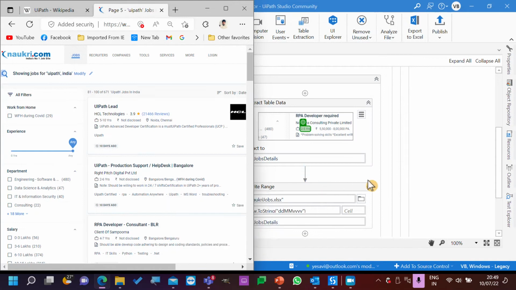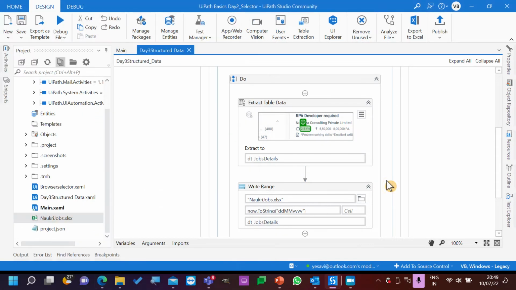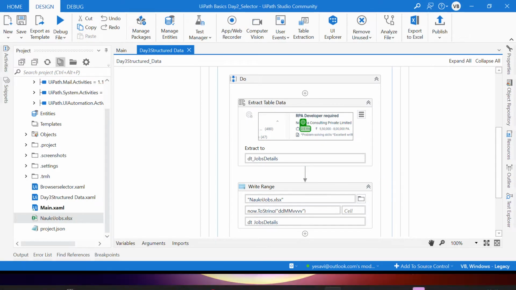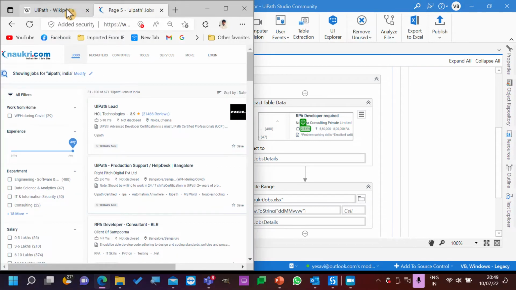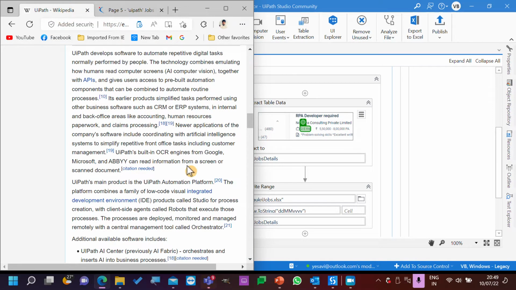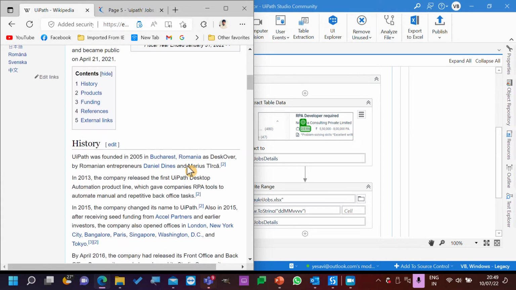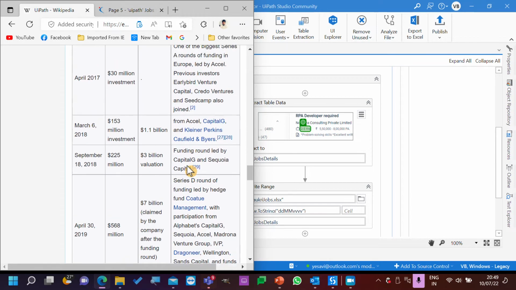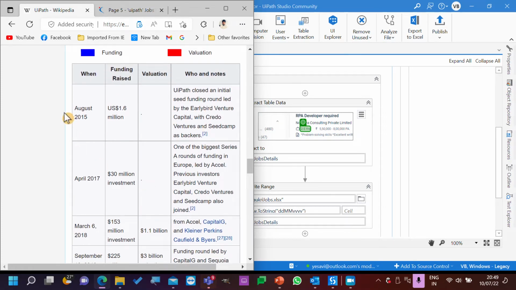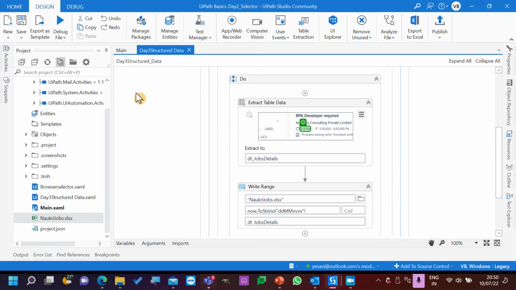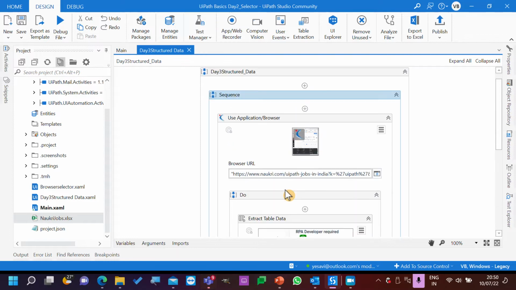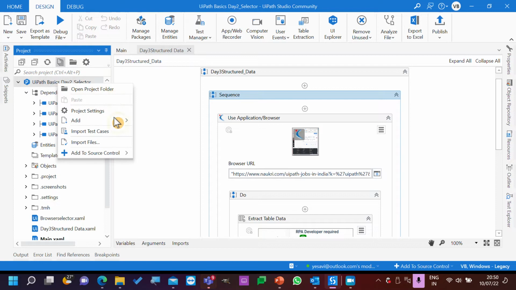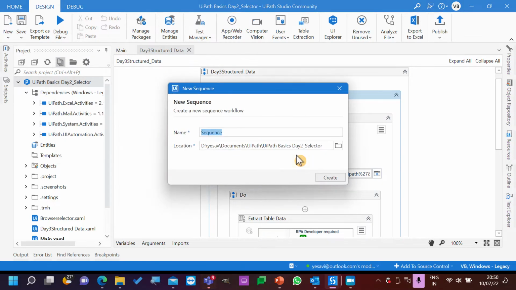Well, if you observe, we tried with multiple things and we tried to extract multiple information by selecting multiple items. But what if it is a data table? I will show you one more thing. Here in UiPath, Wikipedia, this is a table. If you can see, there are rows and columns. Now here, what I'll do, I'll just go and add a sequence again, extract